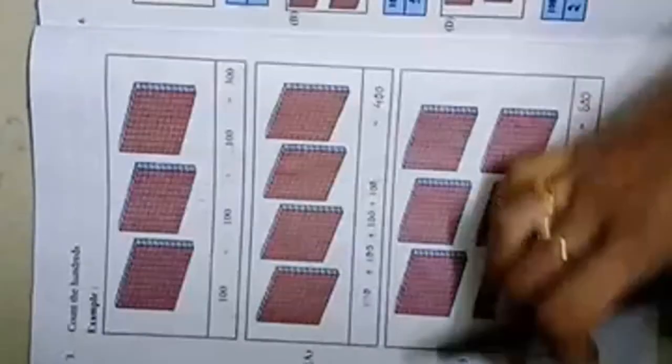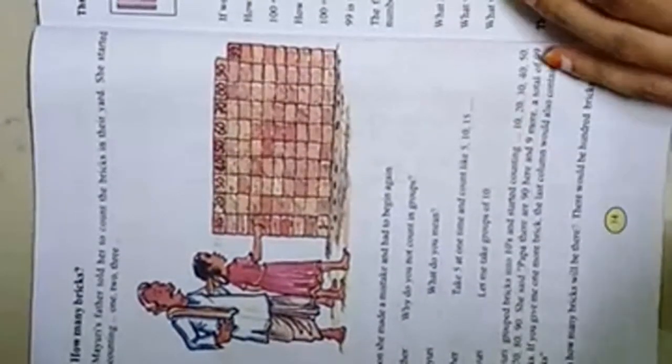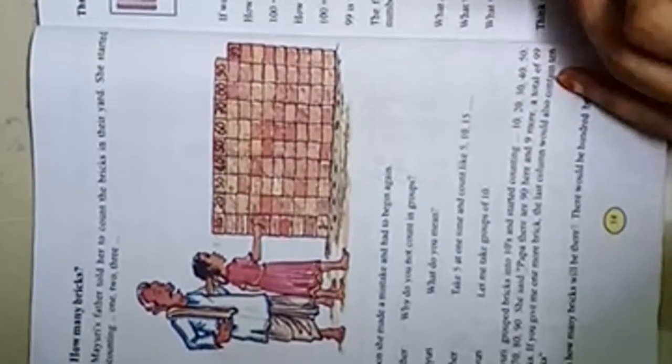When I started this chapter, we did one activity on page number 14. Here, Mayuri's father told her to count. Actually, in that activity, she started counting bricks separately, 1, 2, 3, 4 like that.